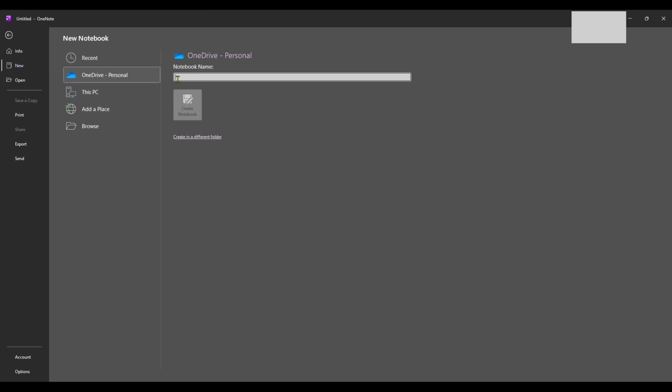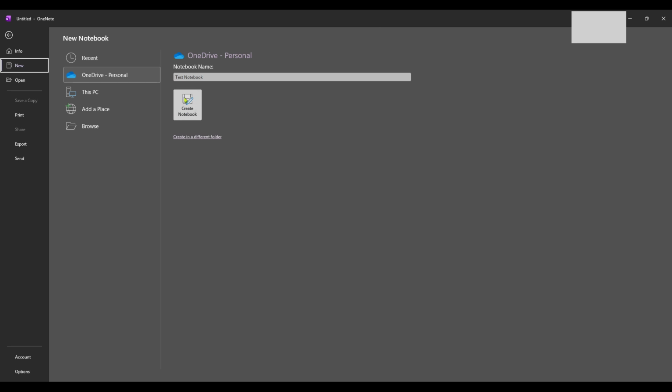On this page, you'll see space or a prompt to enter a name for your new notebook. The name you choose will be the main title under which all the sections and pages of your new notebook will reside. Consider something that gives you a clear idea of its contents at a glance. Perhaps the subject it's related to, the project it encompasses, or any specific theme. Type in the name you wish to give to your notebook in the provided space. And just like that, you're all set with a brand new notebook in OneNote.